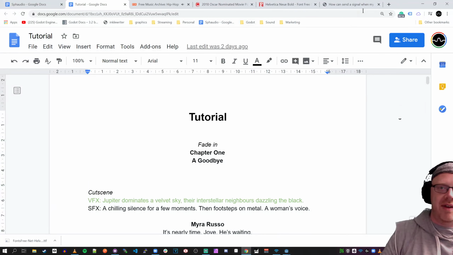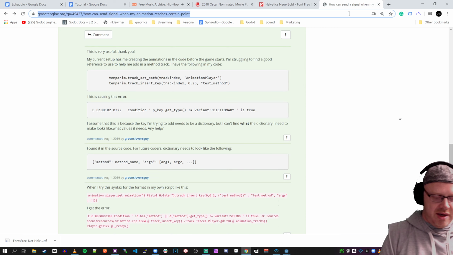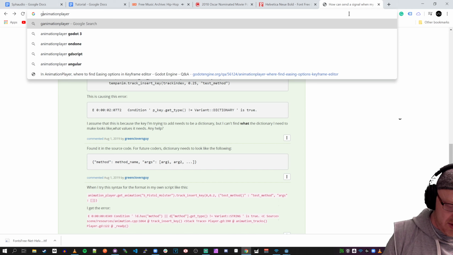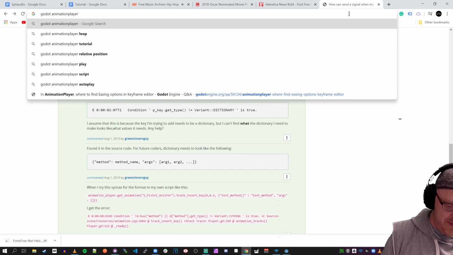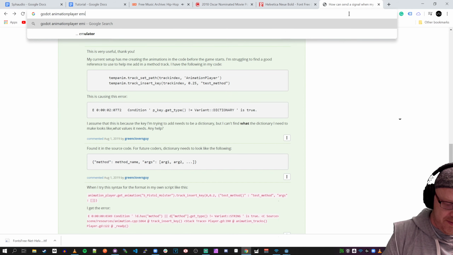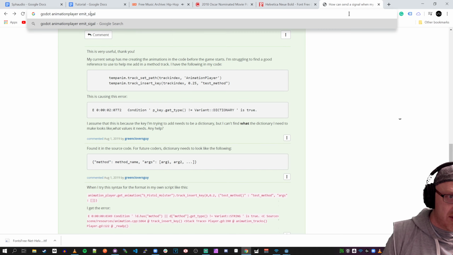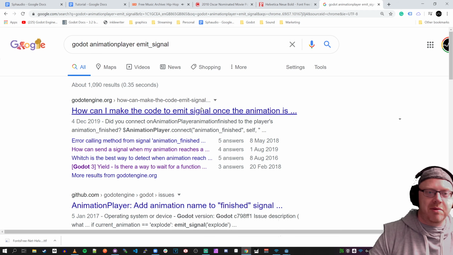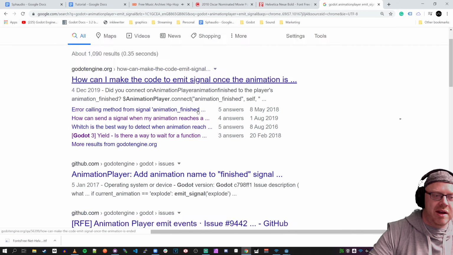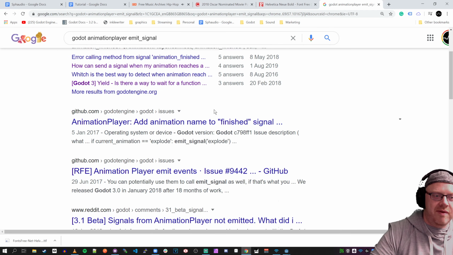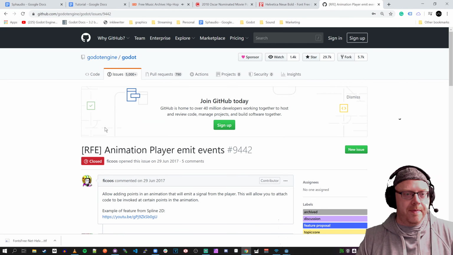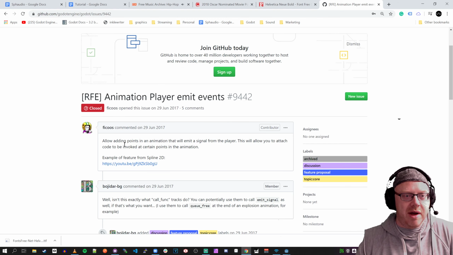Let's just see if there's anyone else that's done this. So we want animation player, Godot, emit signal. How can I make the code emit a signal once the animation is complete? Don't want that. Animation finished, no. Animation player, emit events. It's like a bug. Adding points to an animation will